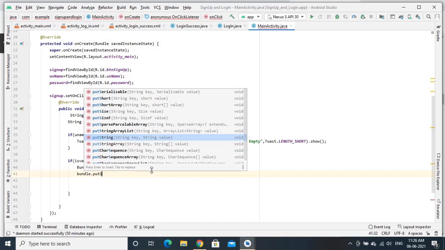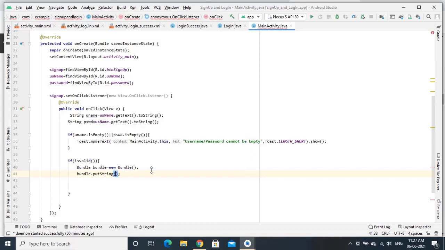One is key as well as value. Normally we have to provide a key value pair of information to this bundle or this putString function. The key is username. It should be a unique name. It's a string. And the value is nothing but whatever I have taken from the username edit text. The same thing I need to provide, that is uname.